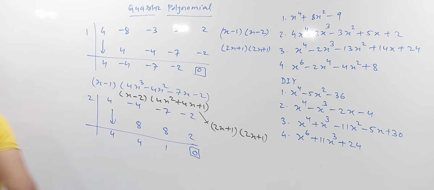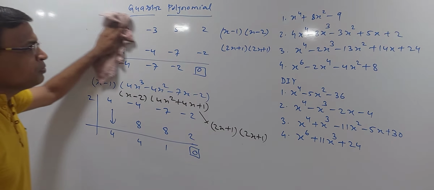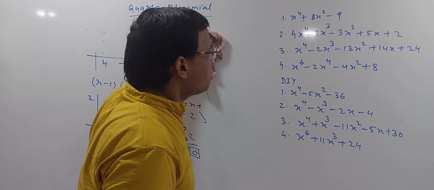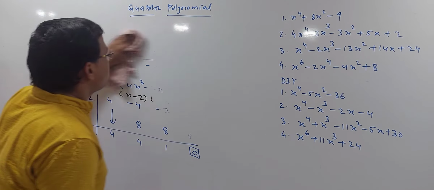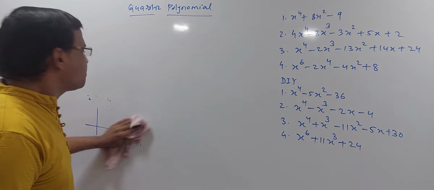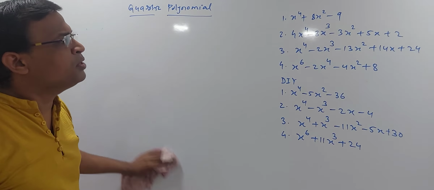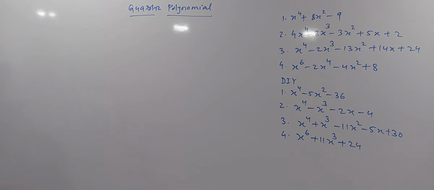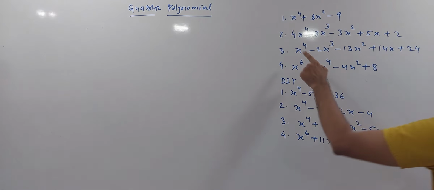So let us jump to the next question. That is question number 3. Question number 3 is also on the same line as question number 2. The only difference is it has no leading coefficient, so maybe it is a little easier, but before that let us just try with 1 and minus 1. Let me try with 1 first.